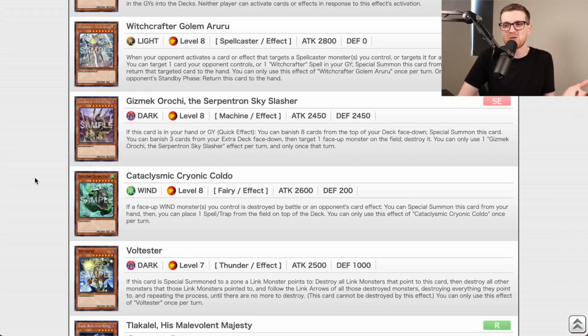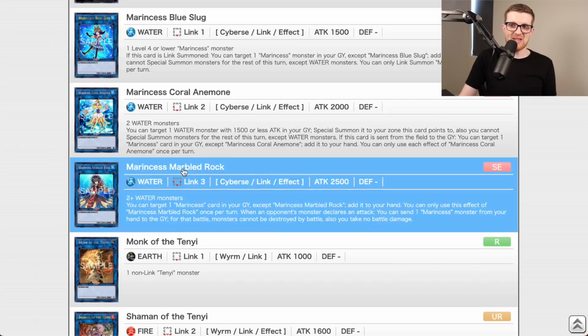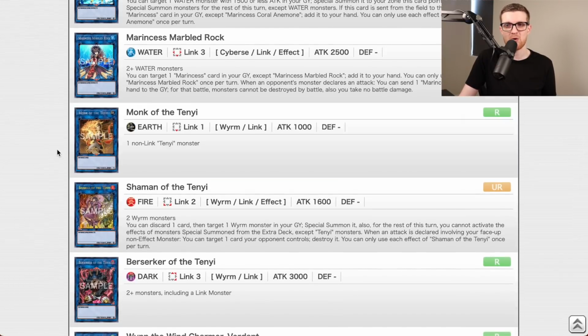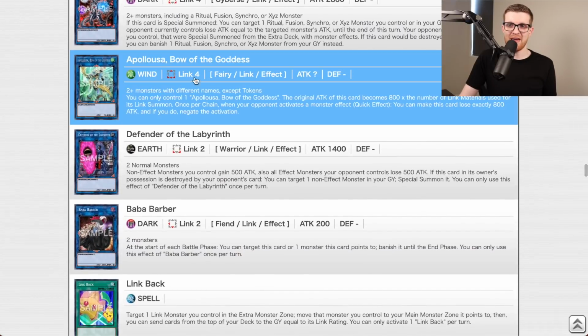It summons itself back to the field all the time, 2450 attack, potentially can pop cards as well. This card is a house. The Marincess also debuted in this set, but they are extremely high rarity, and for progression standards, I think we have some better options to choose from. There's the Monk of the Tenyi, which is a rare, so that does pair with the Vishuda if we end up getting it. And then as we scroll on down, there is the cover card herself, Appaloosa Bow of